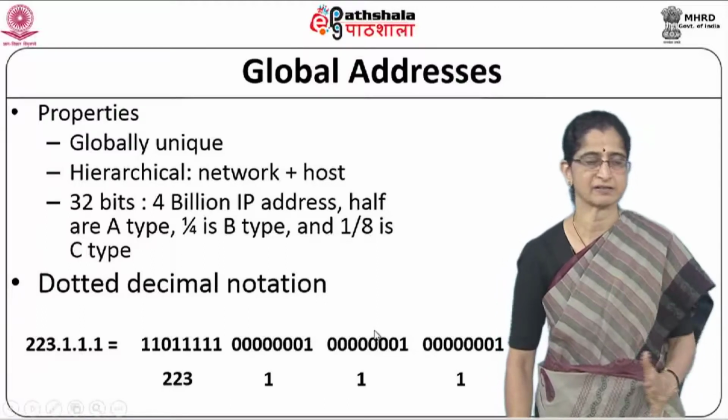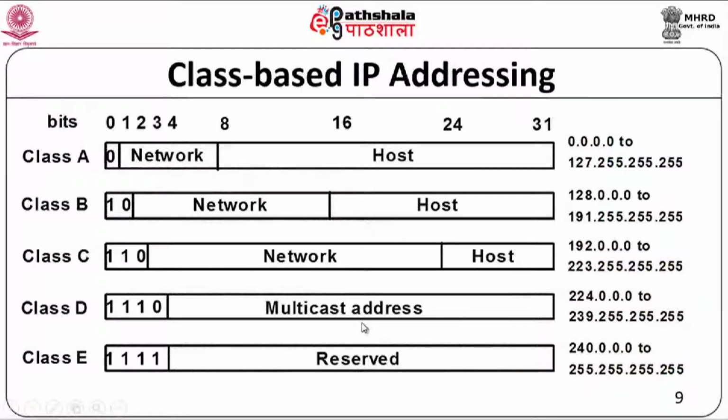So, I said that we use something called class based IP addresses, which is supported in IPv4. We also have classless addressing, we will look at that later, but initially it is useful to understand the evolution of IP. So, initially IP started off with class based IP addressing. In class based IP addressing, we divide the entire 32 bits that we have into a network part and a host part. Okay. Now, this separation into classes is basically to take care of networks of different sizes. Okay. We look at how this basically happens.